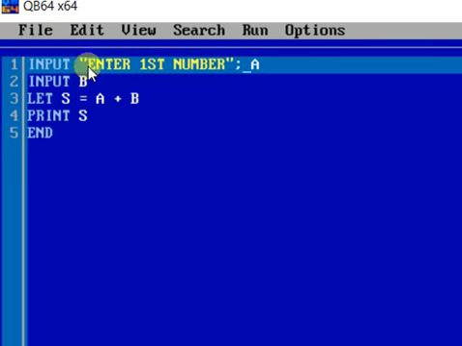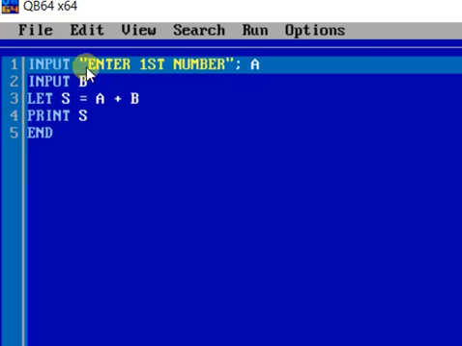So with input, this message will be printed, enter first number, and whatever value we give with respect to this input statement will get stored in the variable A, and to separate them a semicolon sign is used. This is the syntax of input statement using numeric variables and messages.